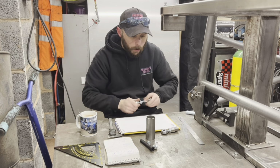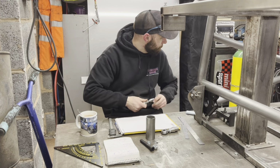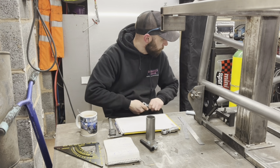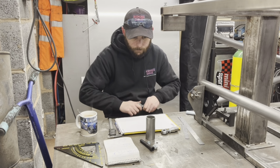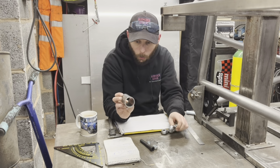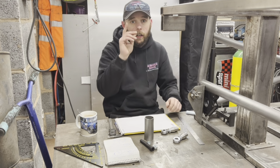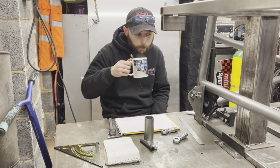Tell you what, shall I do that now? Just something to hold a piece of material at the right height. Let me knock something up